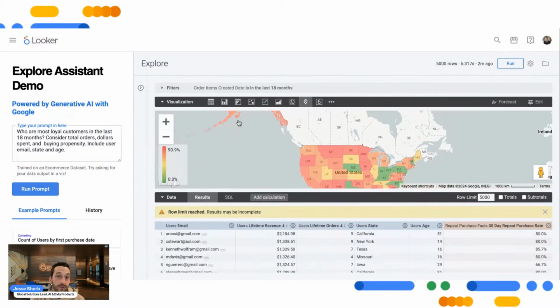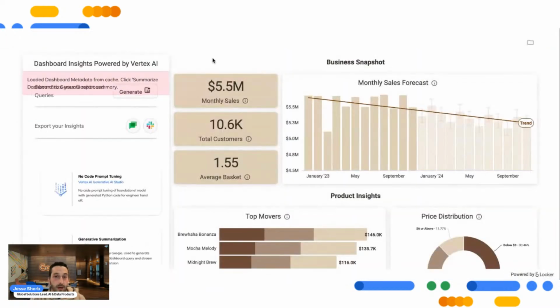Okay, so the next piece of this beyond prompting is the consumption side of it. As we talk about augmented BI or augmented analytics, the next phase will be: what if we already have a dashboard and we want to do a good job of summarizing that? I'm going to switch over to a dashboard. I'm going to introduce the second extension that we have, our dashboard summarization